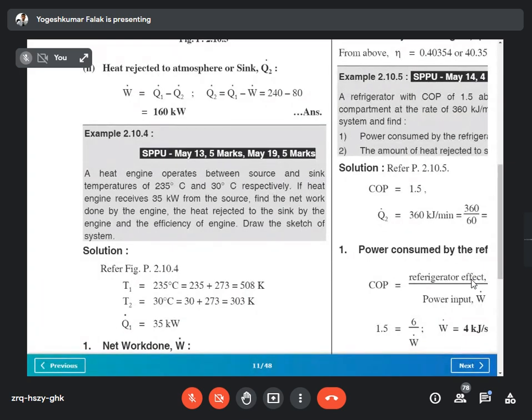हो गया स्टूडेंट लिख के? Sir, wait, sir. ओके